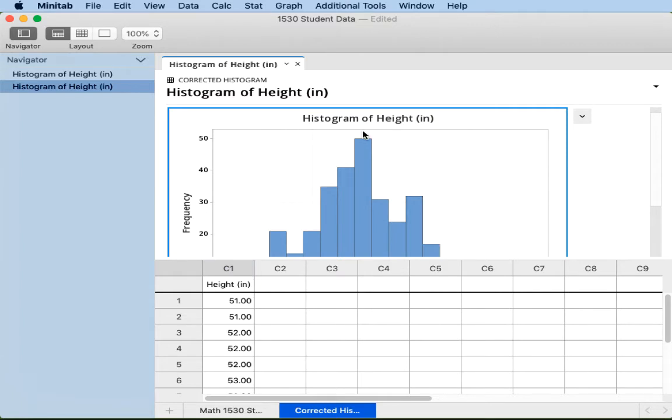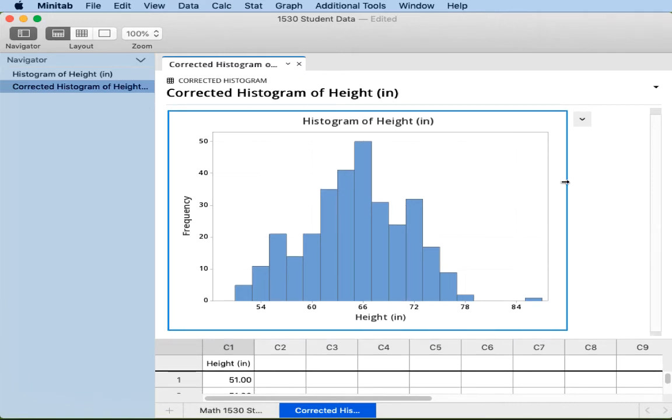if you notice, this has the same title as the old one, and I want to make a little difference. So what we do is we go over here and make the changes and say, hey, this is the corrected height. You can write this one: this is the corrected histogram of height. This is how you can write it. So when you do it, automatically it's a corrected histogram,